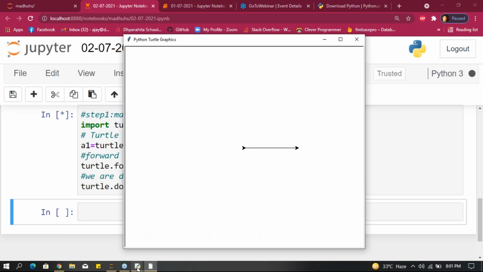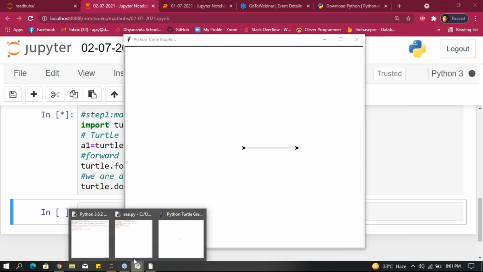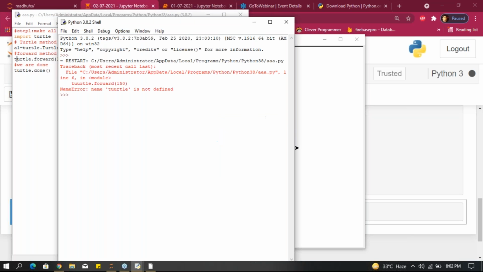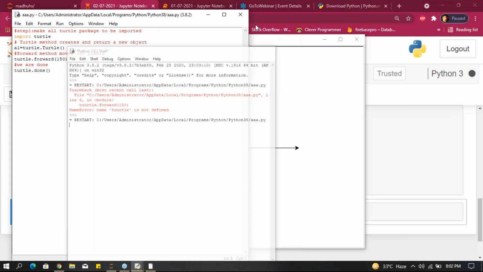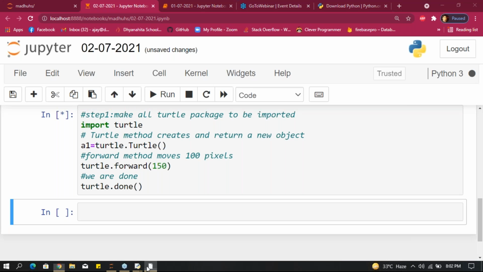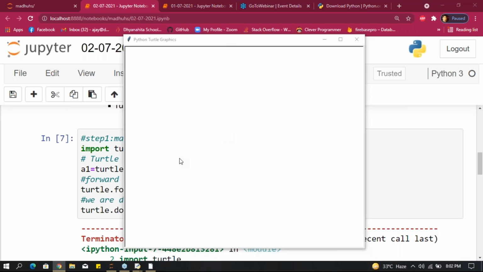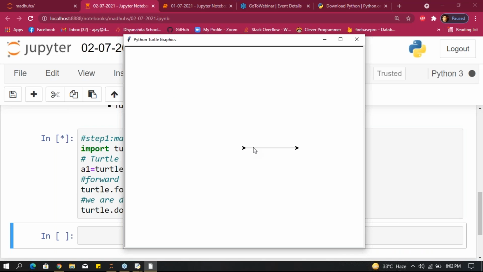This is how we can draw here. Click on Run Module and save, and this is how we can draw a line. Understood this example, guys? Understood what I did here?